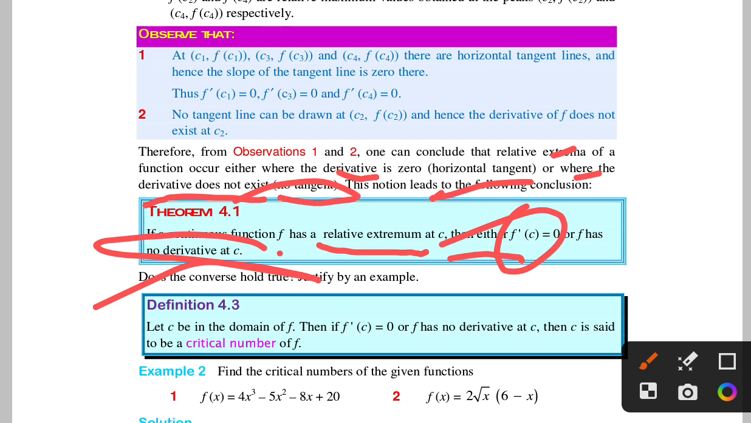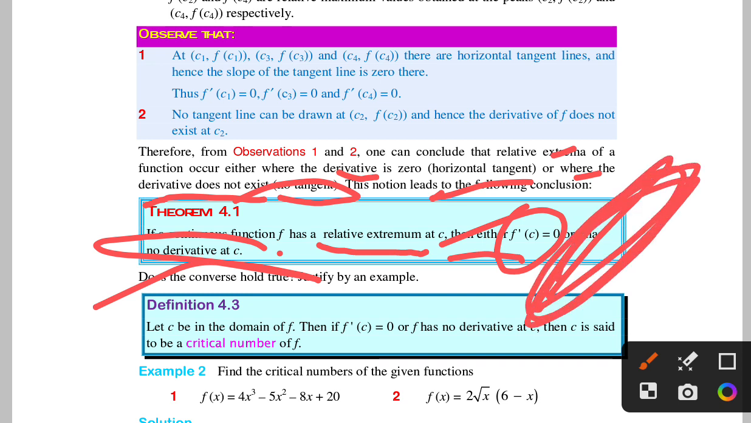For relative extrema and relative minimum, the function is continuous, and the derivative either doesn't exist or exists. In both cases there is relative extrema. But when the function is continuous but the derivative doesn't exist, there is no